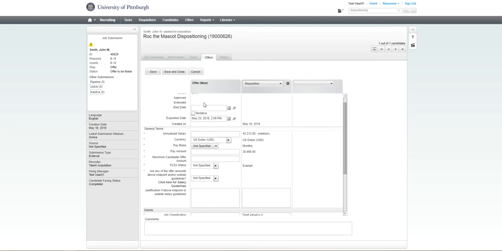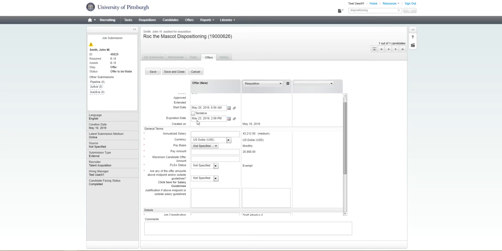Our first part here is the start date. Don't worry about the tentative box here. As you send this offer for approval, as it goes through the approval chain and gets to talent acquisition, where again this offer will be made, talent acquisition understands that the start date you're selecting is tentative. It's going to be based off of how quick the offer gets through the approval process, but also when the candidate can start, when they can realistically start. Okay, so for the start date, select the tentative start date that you would like for your candidate and continue